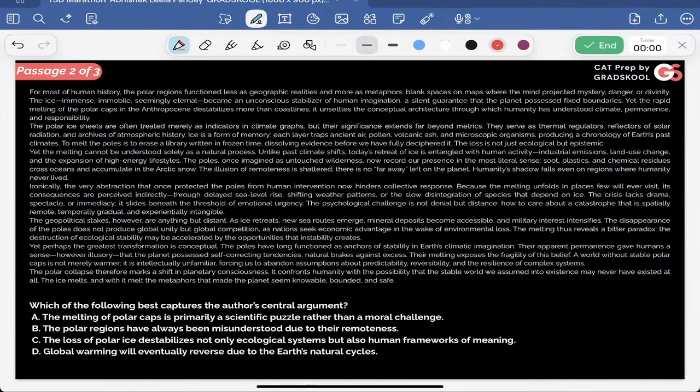Question four. Which of the following best captures the author's central argument? Okay. The melting of polar caps is primarily a scientific puzzle rather than a moral challenge. The polar regions have always been misunderstood due to their remoteness. The loss of polar ice destabilizes not only ecological systems but also human frameworks of meaning. Global warming will eventually reverse due to Earth's natural cycles. All right,